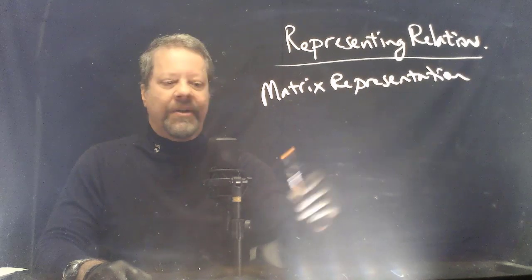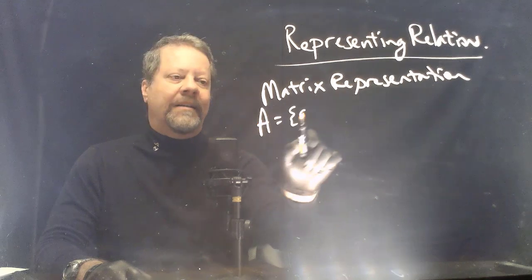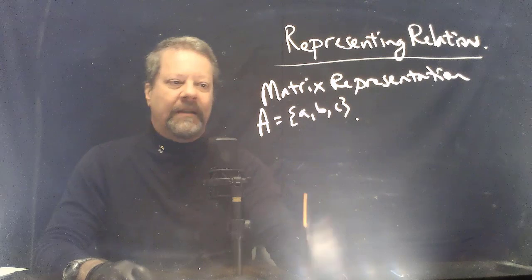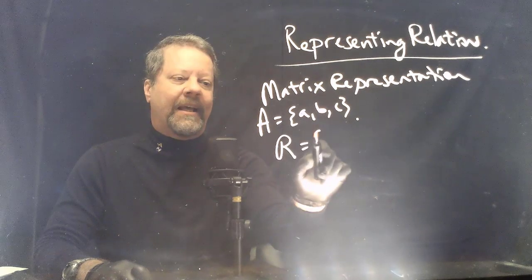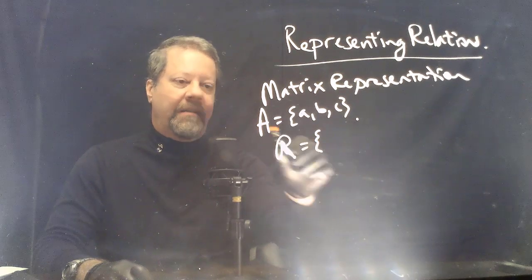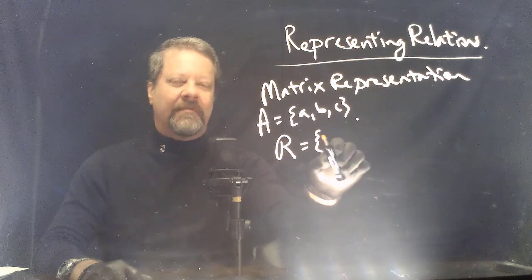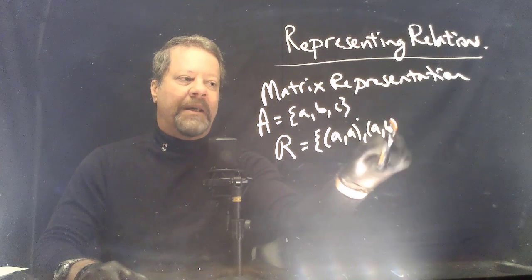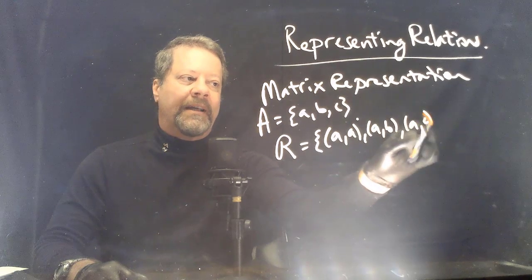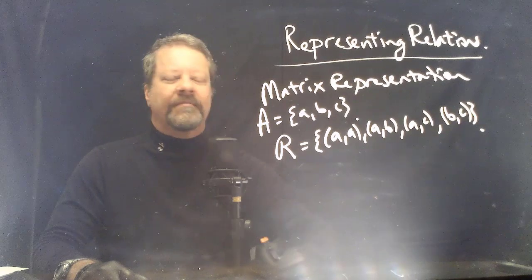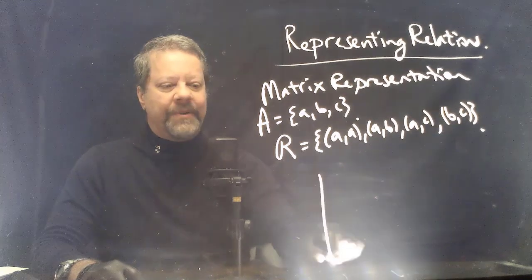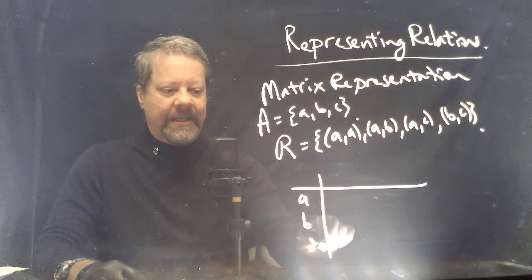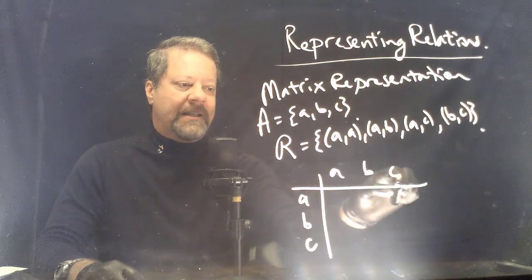And I'll show you how this works. Suppose our set A is {a, b, c}. Then, also suppose our relation on A doesn't contain everything in A cross A, but only some subset, namely (a,a), (a,b), (a,c), and (b,c). So one way to represent this relation is we'll have the inputs here a, b, c, the outputs here a, b, c,